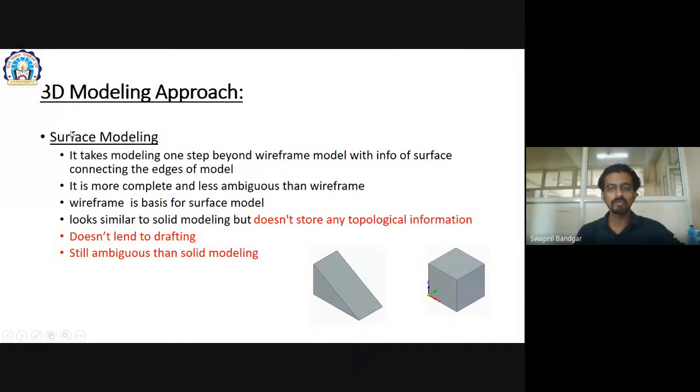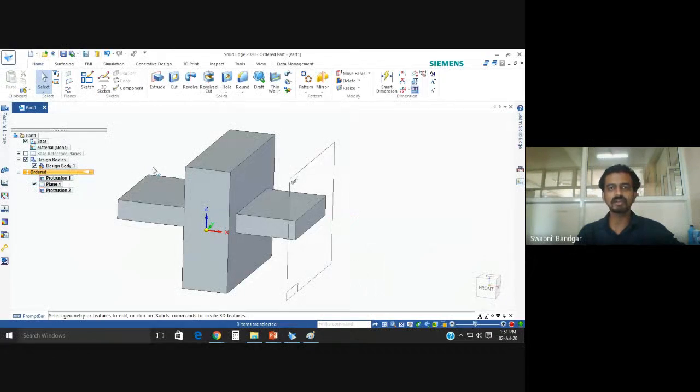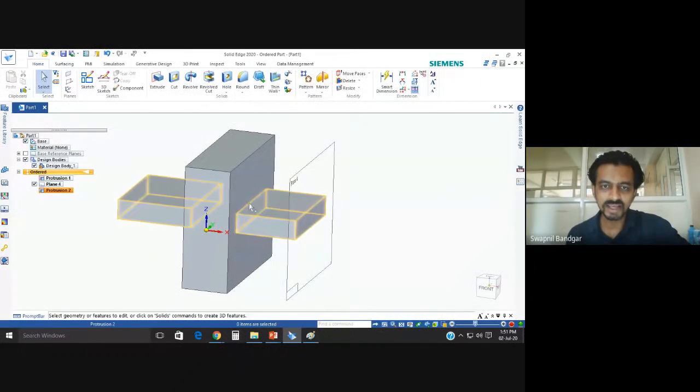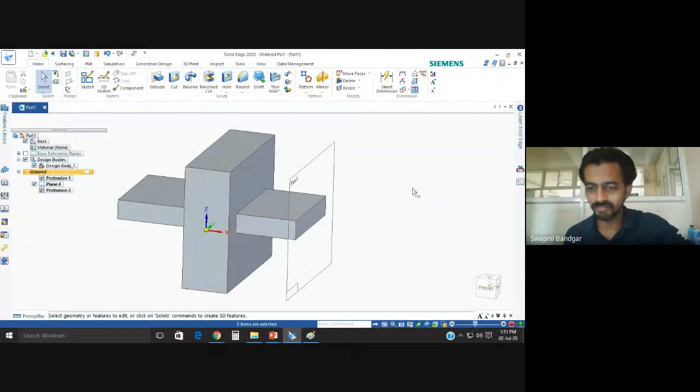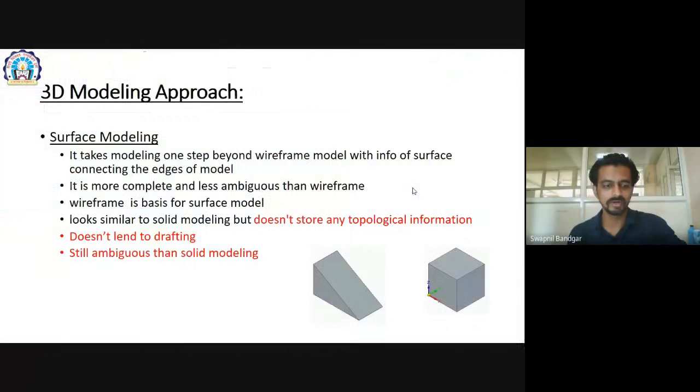But if you make it with surface modeling, please students concentrate here. In surface modeling, it will not save this edge. I will take this picture to Paint again and elaborate it there.